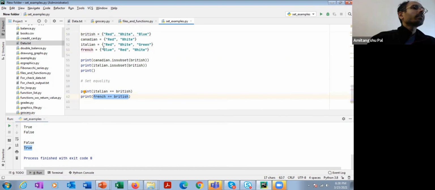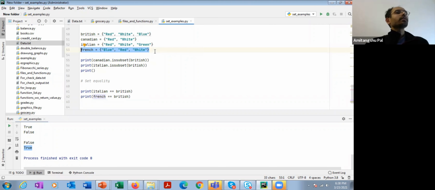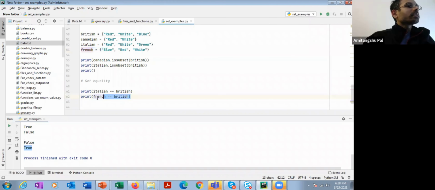Even if the order is not the same, here I have written blue first, red second, white third, and here I have written red first, white second, and blue third, still the sets are going to be equal because a set consists of an unordered collection of unique elements.